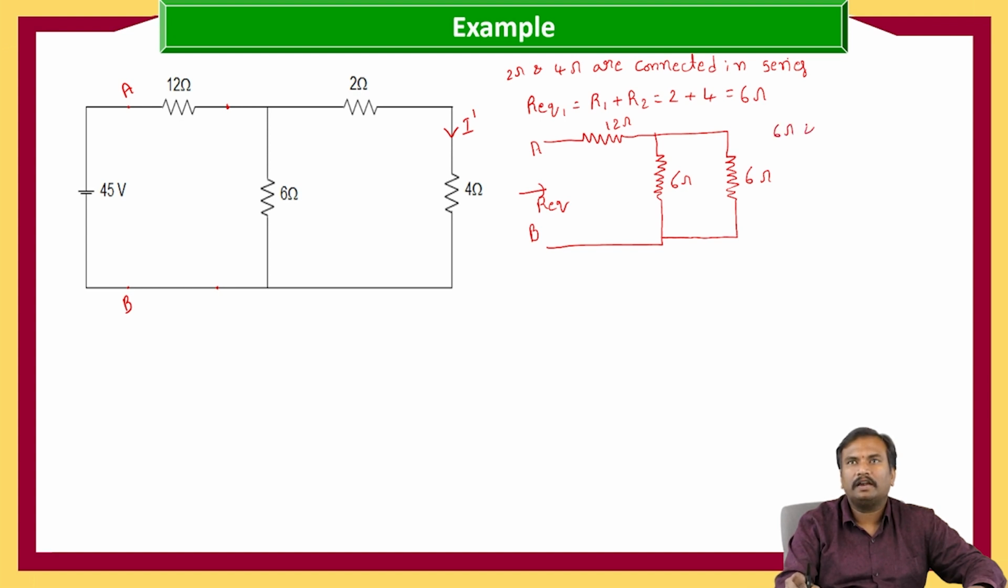So here if you see this circuit, this 6 ohms and this 6 ohms are connected in parallel. So R equivalent 2 is equal to 6 into 6 by 6 plus 6, that is equal to 3 ohms. Now our circuit will become